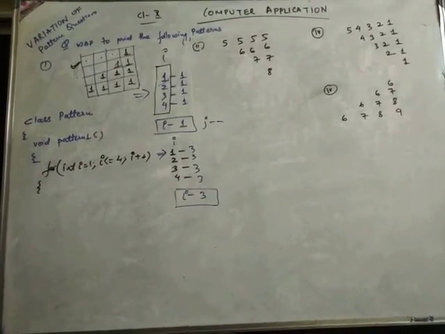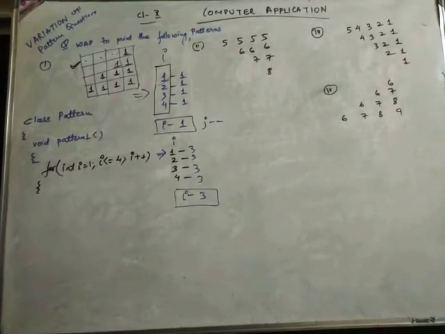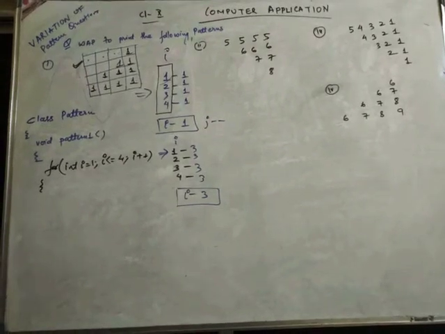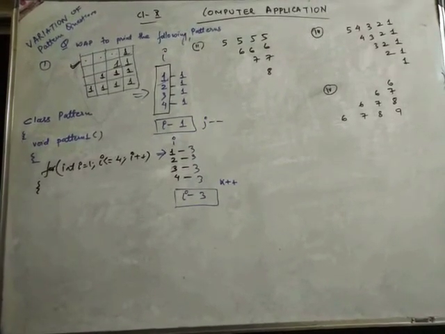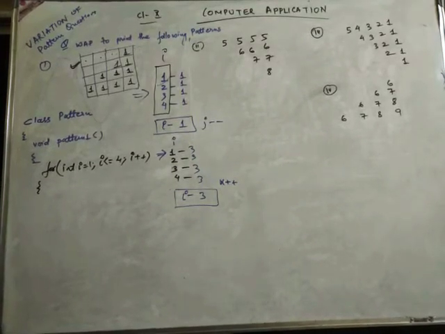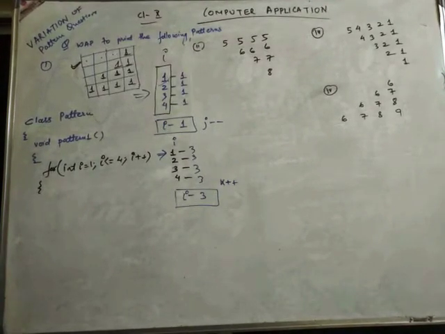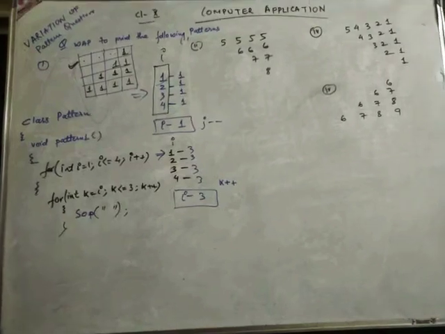Same like the J loop, we'll see from left towards right in line number 1. So from 1 towards 3 I have to go. Plus or minus? I have to do plus plus. So I'll write K plus plus. Before I write the J loop I have to make the K loop, because we have space first, then printing is done. If you see the question, first we have space, so the space loop I'll make. We'll start with I till 3 and K plus plus.